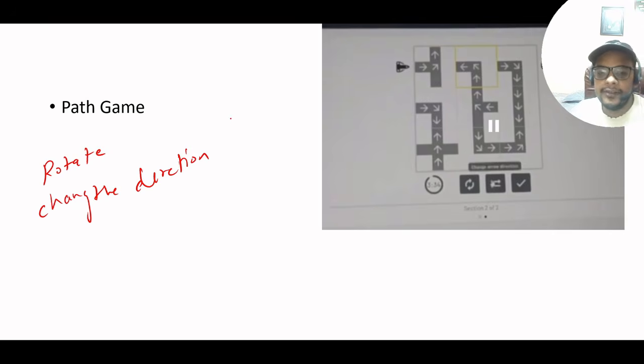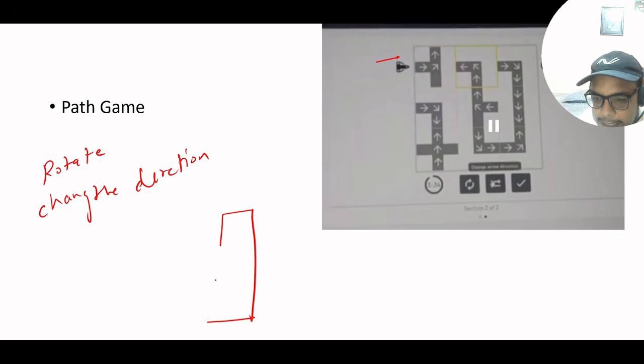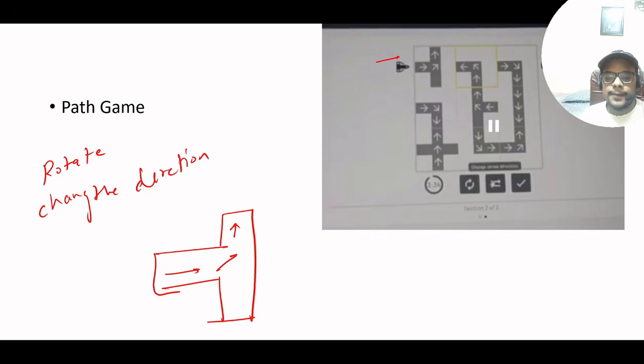What is the black cell? We need to understand that. See this structure, the first one only. In this first structure, if you can see here, we have the black cells like this, and the arrow is going like this, and this. Now, if I click on the change direction button, this button.